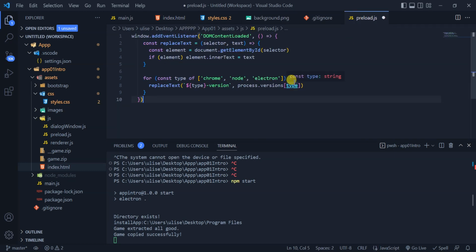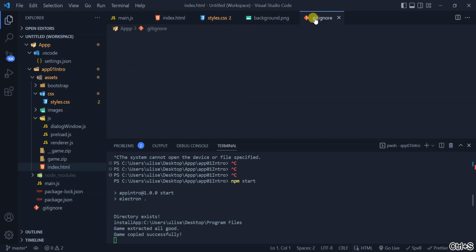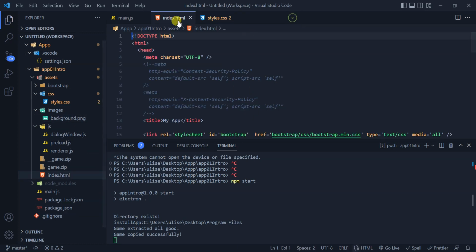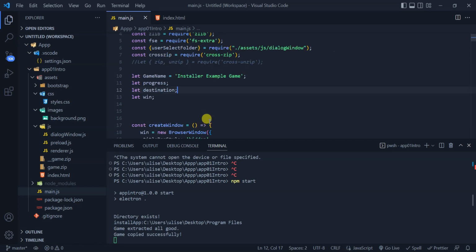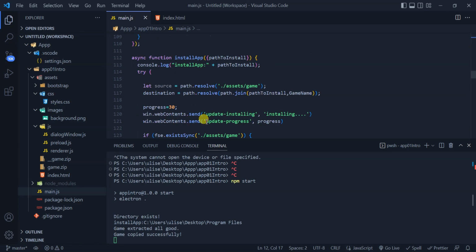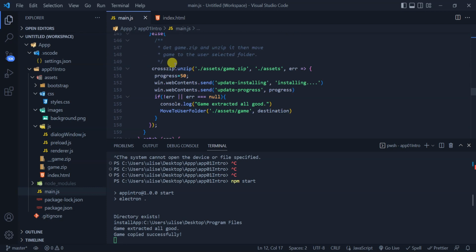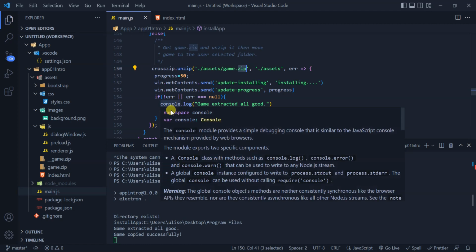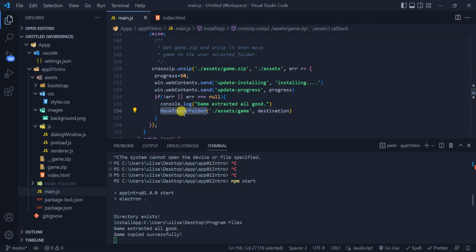You go out, you can save it, you go out, and here. So here, when this command finishes and the game.zip is unzipped, we move the game, the asset folder game, to the user destination,